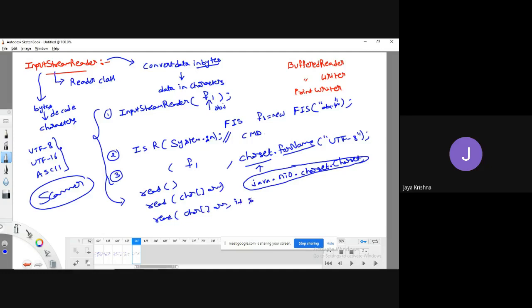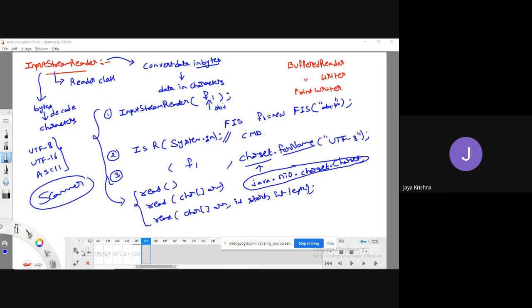So the syntax is starting position followed by length of the data. These are the methods supported by the input stream reader class.